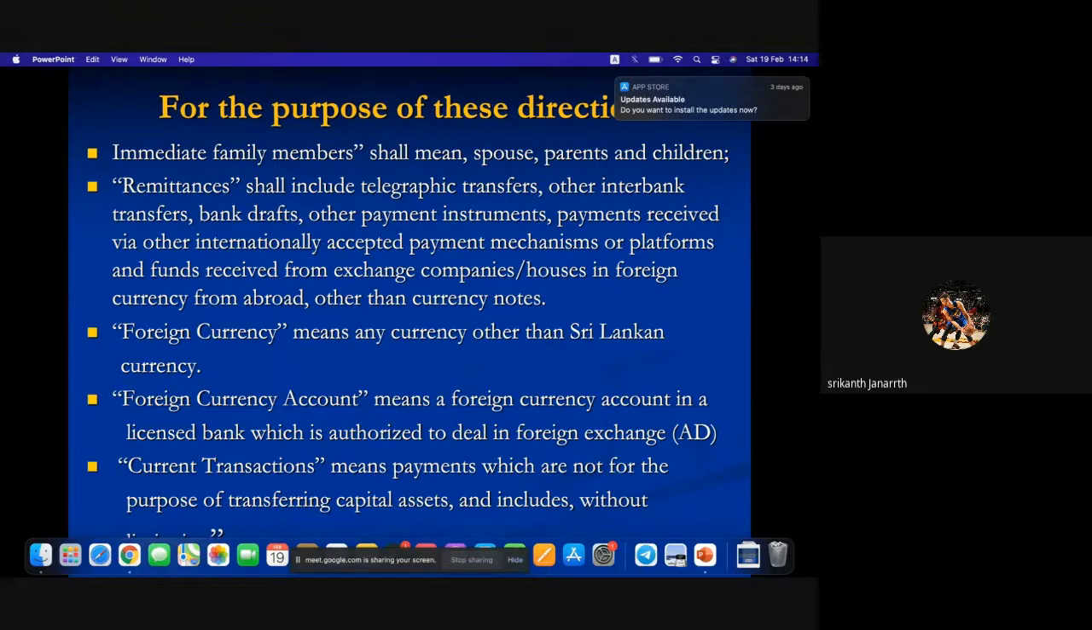So when you are looking at the permitted credit and debit, you will come across the word called immediate family member. You should understand immediate family member means the account holder's spouse, children, parents, right? Then remittances. So when we look at debit and credit, remittances. Remittances mean the payment made through the banking channel. Okay, let's say telegraphic transfer, what is TT, telegraphic transfer, right? I think we learned that. Other interbank transfer, fund transfer, maybe exchange houses, exchange companies in Middle Eastern countries, there are exchange houses,